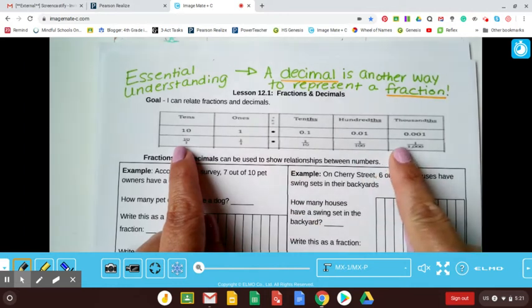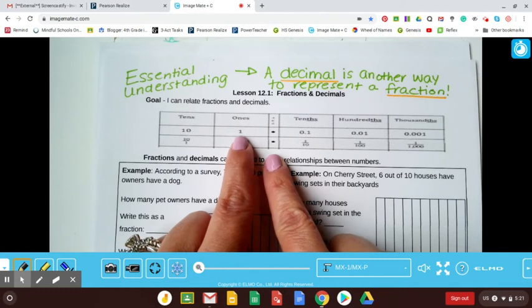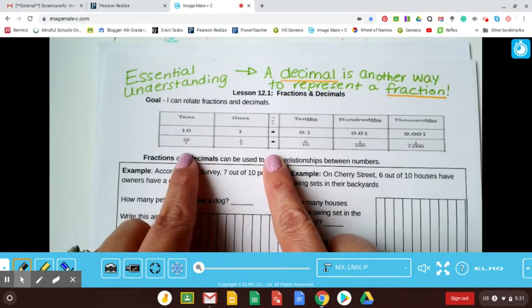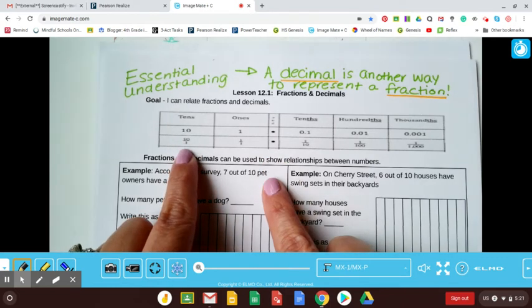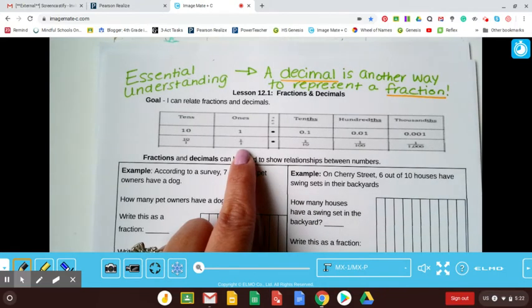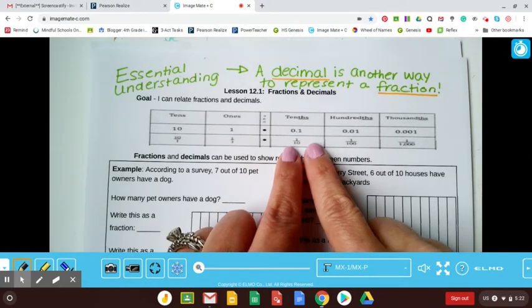So let's take a look at this place value chart. If we were going to represent one whole, we would just write it as a 1 in the ones column. If we were going to represent the number 10, it would look like that. And if we were going to put it in as a fraction, we would do it 10 over 1. That would be the whole number 10. A whole number 1 as a fraction would simply be a 1 over a 1. And we know that any number where your numerator and denominator are the same is always equal to 1. The same thing holds true for fractions that represent decimals.